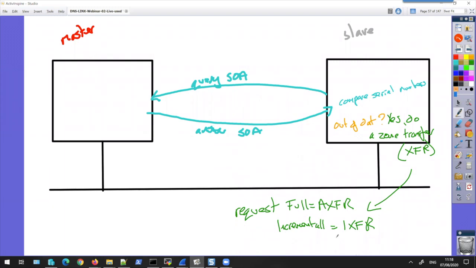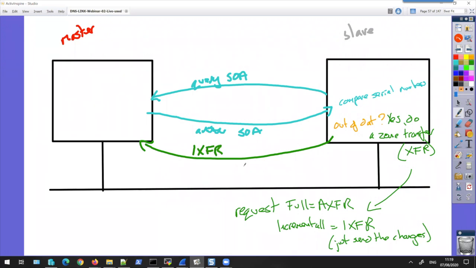IXFR, incremental, is just send the changes. I don't want the whole zone, just send me the changes. So that's how we get these zone transfers. Slave does a SOA query, works out if it's out of date, then it will send a request. So then it will be a DNS, and usually it'll be an IXFR request, and then we will get that